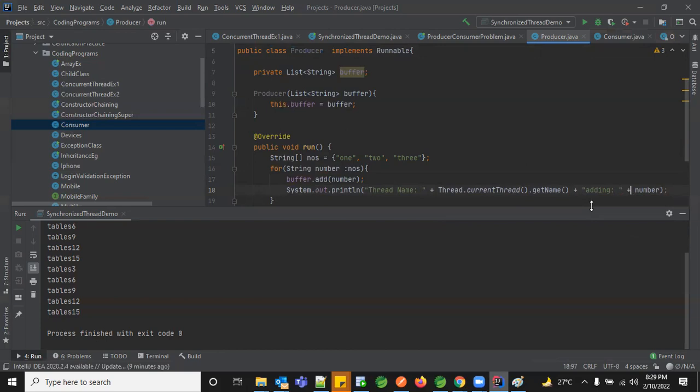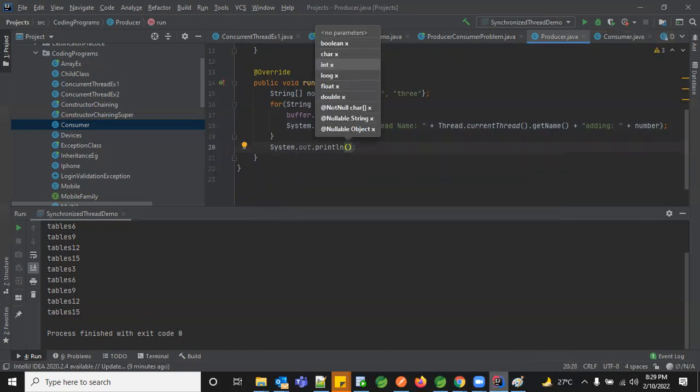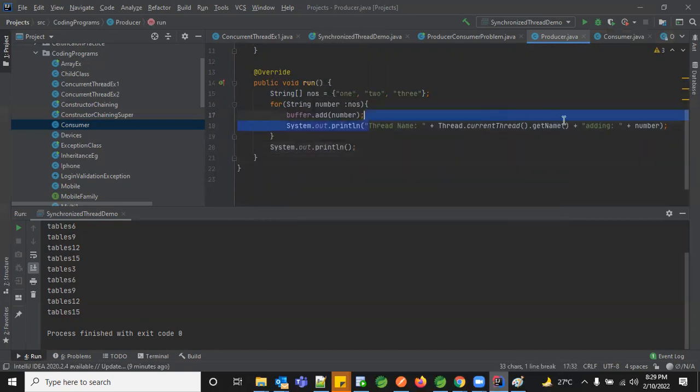So in this way, your entire run flow will be over. If you want to confirm that this is not main, your current thread, we can print which thread is getting completed, the main thread or the thread object which you passed. So I'm just printing the same thing to differentiate whether it's the main thread or the thread object which you passed.